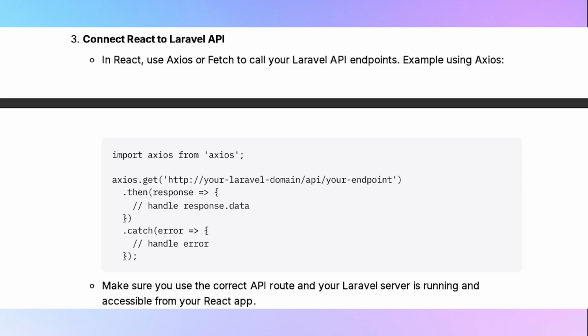In React, use Axios or fetch to call your Laravel API endpoints. Example using Axios is just right here. You can see this. It will look something like this. Make sure that you use the correct API route and your Laravel server is running and accessible from your React